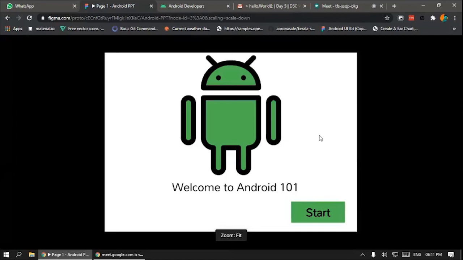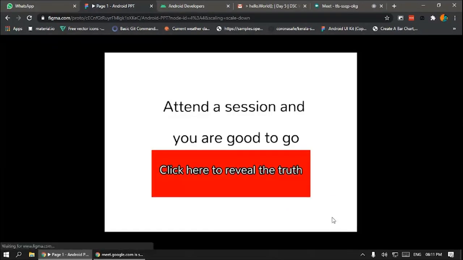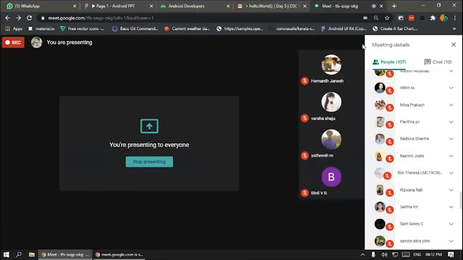So welcome to Android. This is a basics of Android session. That means if you attend this session, you can go out and build an app, and that's all you need to know, in these 2 hours of Android. But this is a lie, guys. Last week, GDC Melbourne conducted 11 weeks of Android basics. So 2 hours of Android basics is nothing. I can really say that. But I am pretty confident that I can give you some of the basics to get you started.